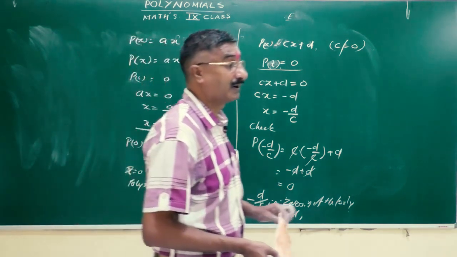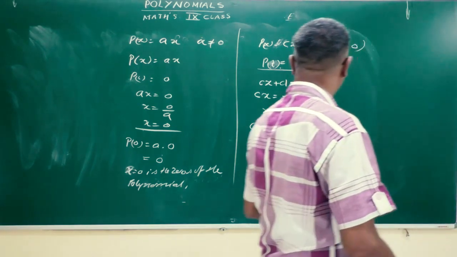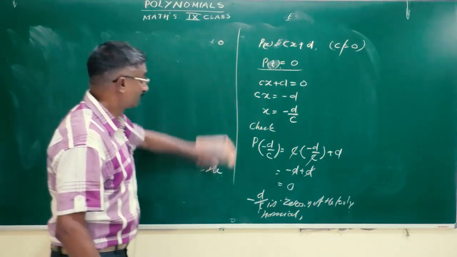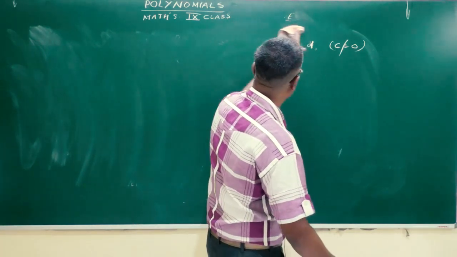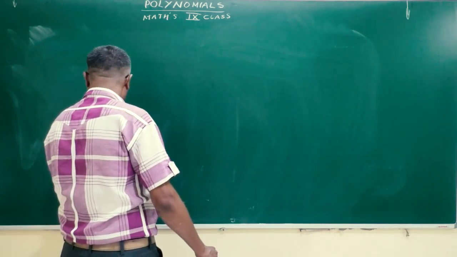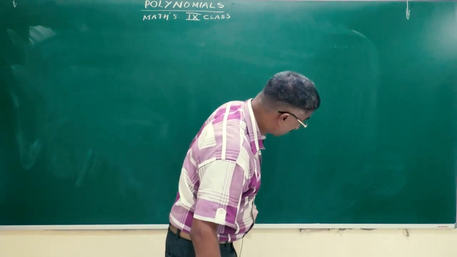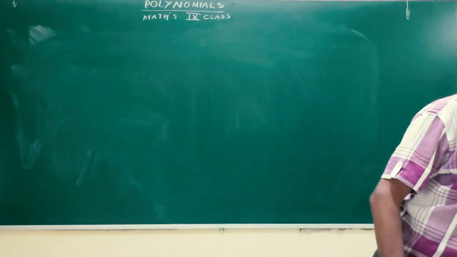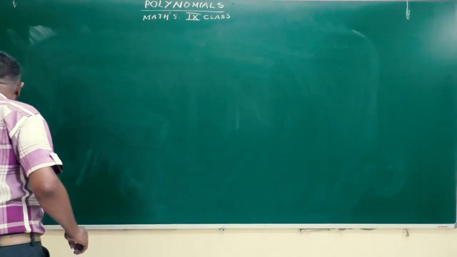So I think all the problems have been solved. Okay. So the next topic we will start. Exercise 2.2 is completely solved. You have to solve by yourself. Otherwise, it seems simple, but when you solve, you will find few difficulties. Of course, this is not difficult, but it requires too much practice to solve the problems. The next topic is remainder theorem.